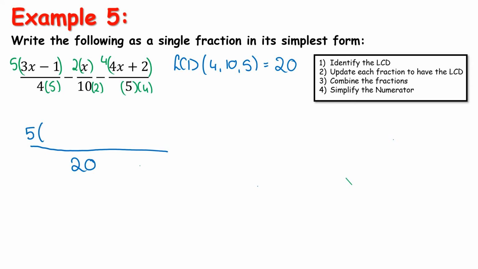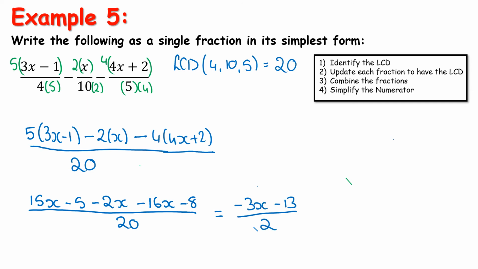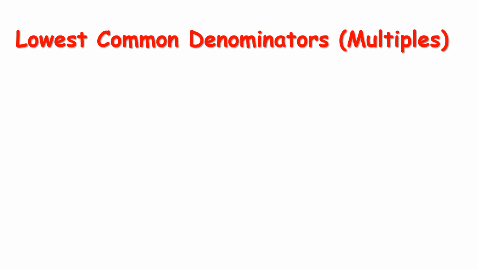I then have 5 times 3x minus 1. Watch your signs. Minus 2 times x. Again, watch your signs. Minus 4 times 4x plus 2. I write that all out. I don't do any part of it in my head until that's combined, and now I do my cleanup. 15x minus 5 minus 2x minus 16x minus 8 all over 20, and that gives us minus 3x minus 13 all over 20. But before I do that, let's do a little bit of work with our lowest common denominator,